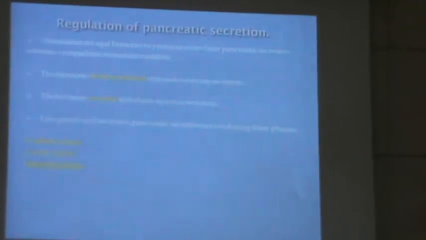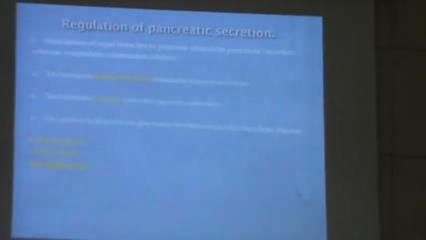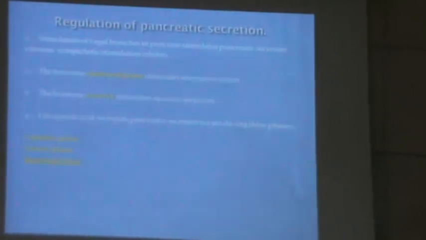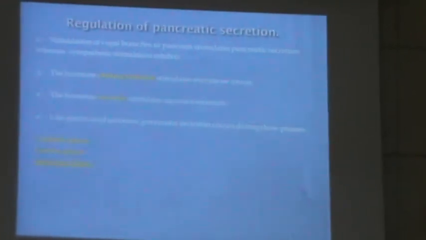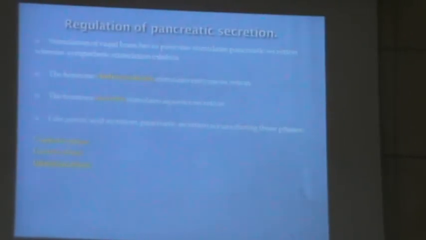Okay, the nervous regulation, of course the vagus nerve and the sympathetic. The vagus nerve stimulates the pancreatic secretion which is enzymes. The sympathetic reduces the pancreatic